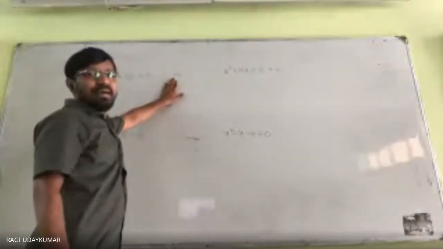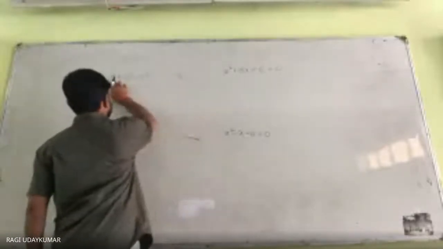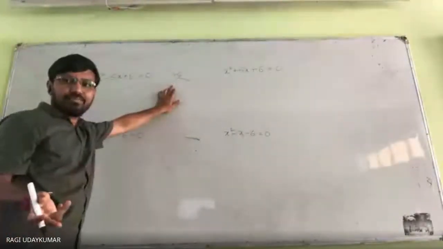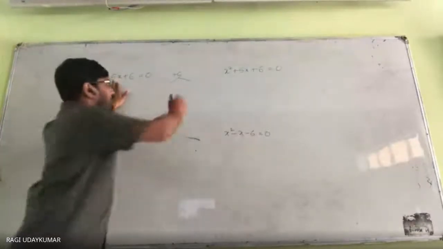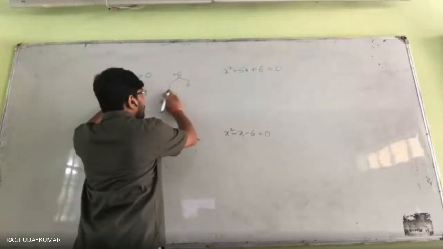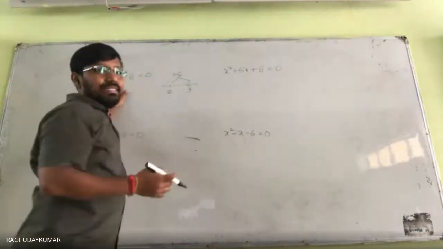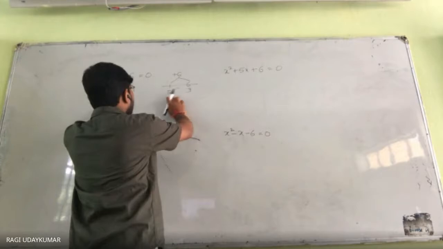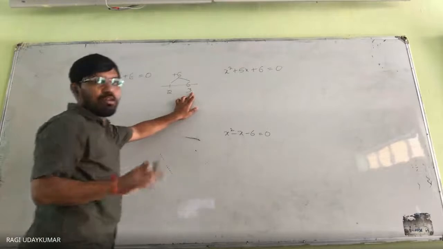As you get the plus symbol, when you split this one, the sum of the two numbers should be equal to this one. So the factors of 6 will be 1 and 6. The sum of 1 and 6 is not equal to 5, so it should not be taken. Here, what are the possible things? 1 and 6, so 2 and 3 and 3. So this is not possible. But sir, why do you take the sum only here? Because here plus 6 is there. So both numbers, in this situation to get the plus 6, we need to take both plus signs or both minus signs.